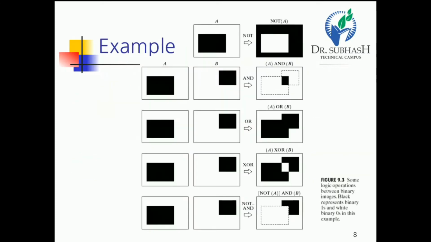So dear students, that same logic operation can be represented by using different images, and it is clear. First, figure A, and we have to perform the NOT operation. Inside the square is represented with black, and outside the square is represented with white. Complement means we perform the NOT gate operation, so we get the complement.